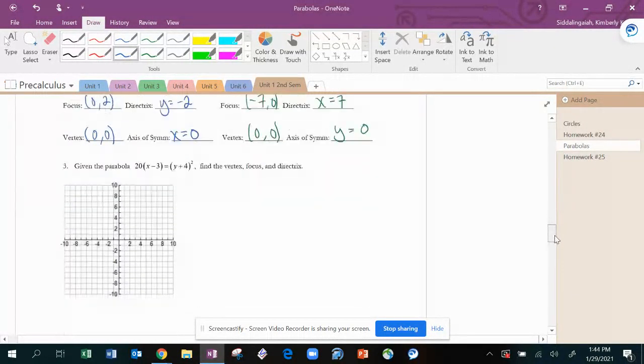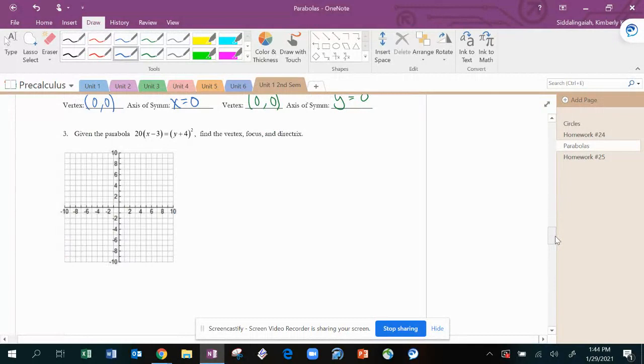So let's switch the vertex to someplace more interesting. Now in number 3, you see how we have some quantities there. One is squared, one is not. But that means our vertex is not at the origin. So let's record some stuff over to the side here. We're going to be looking for the vertex, the focus, and the directrix. So let's start with